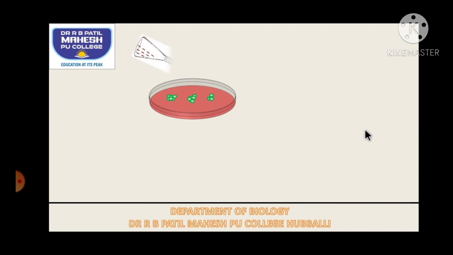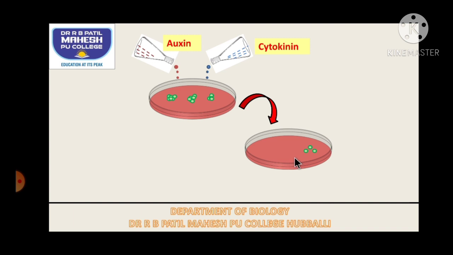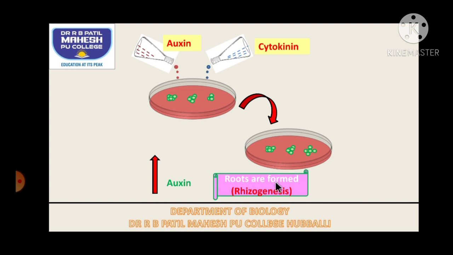Now, once there is formation of the callus, we add hormones like auxin if we need a root system, or cytokinin if we need a shoot system. If we need both, then a 1:1 quantity of auxin and cytokinin is added, which will make our callus differentiate into new plants. With auxin, roots are formed, which is called rhizogenesis. As you know, rhizogenesis is for root. When we add cytokinin, there will be formation of the shoot system, which is called caulogenesis. This can be asked for 1 mark.